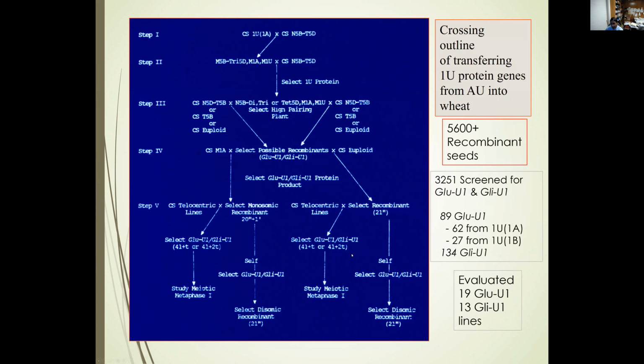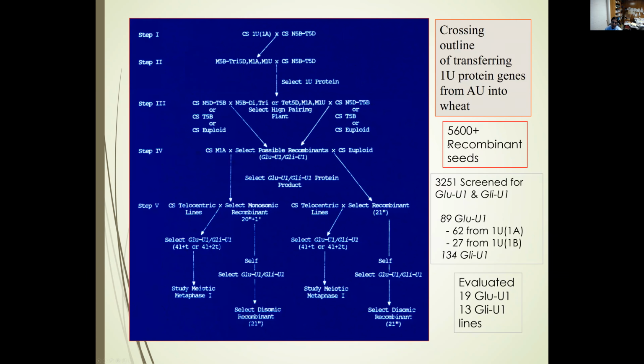Well, the target was 1,000 seeds, and I ended up with 5,600 seeds, and we started with about 32. For the glutenin and gliadin, we obtained 89 independent glutenin recombinants, 62 from 1A, 1U, and 27 from 1B. Even though we didn't use that 1B substitution line, however, when you use the 5B system,